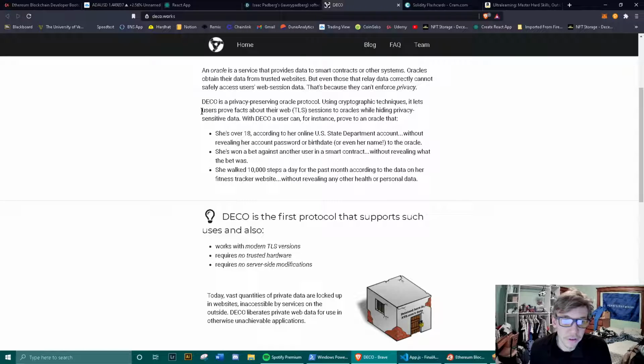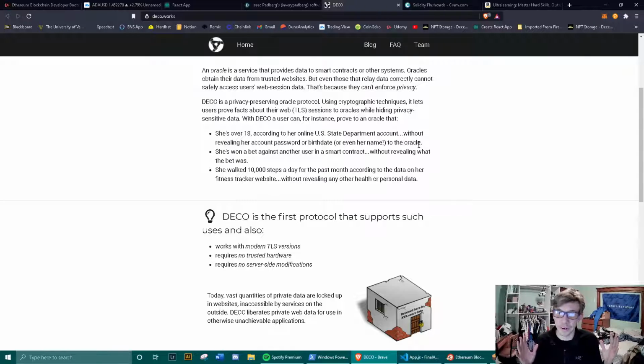It lets users prove facts about web TLS sessions to oracles while hiding private and sensitive data. So for example, here's some things that you can prove to an oracle. She's over 18, according to her online U.S. State Department account, without revealing her account password or birth date or even her name to an oracle. So you can just prove to the oracle that you are 18.